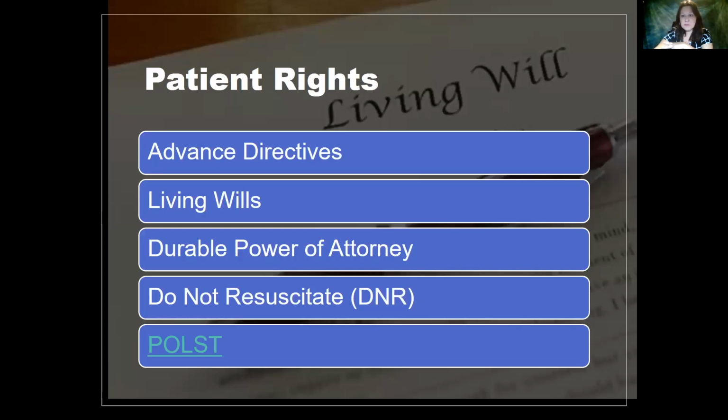And then the last big one that we'll talk about before we move on to a little easier one is patient rights. Patients have the right to have advance directives, living wills, etc. And we're going to go over some of the differences between those different forms. An advance directive instructs caregivers as to what the client's wishes are about treatments. It provides an ongoing voice for the client if the client is unable to or has lost the capacity to communicate their decisions. A living will is a legal document.